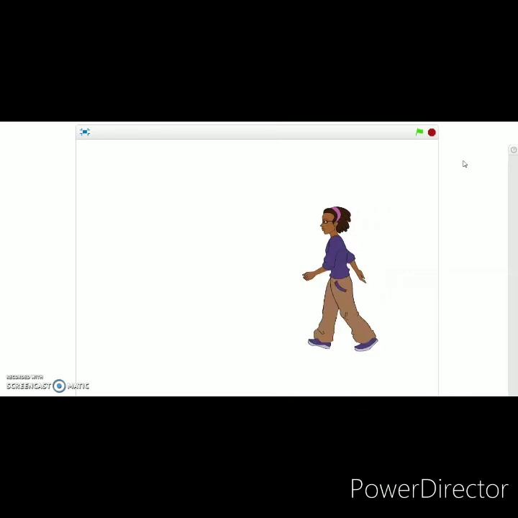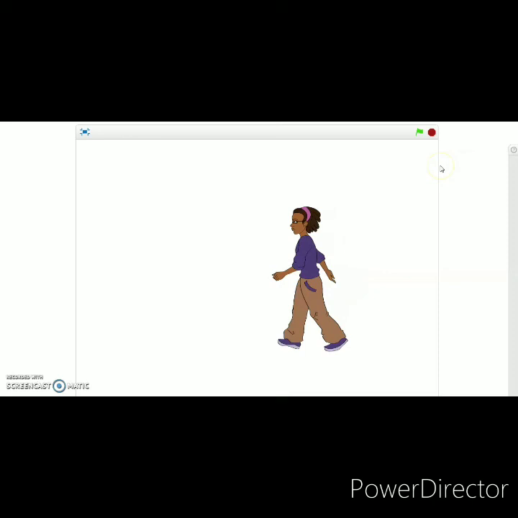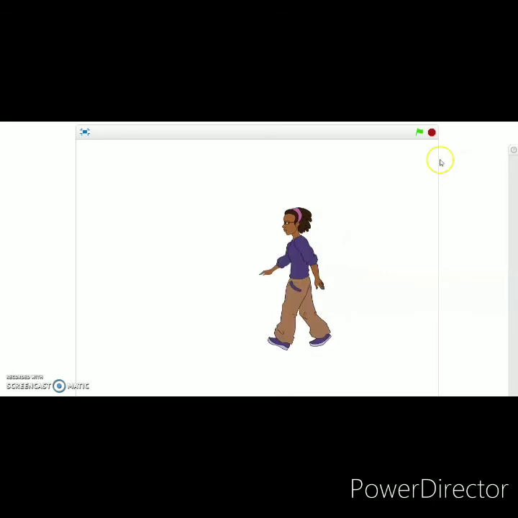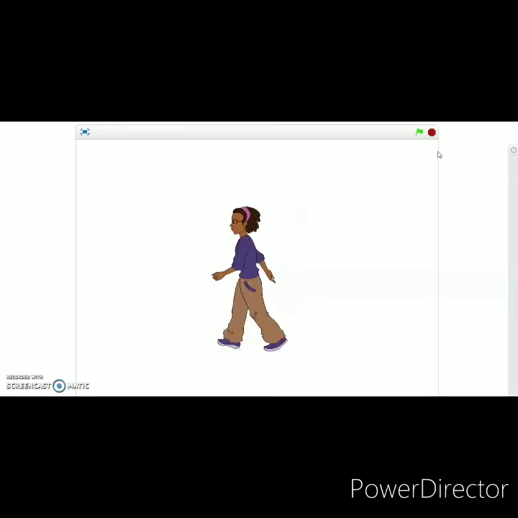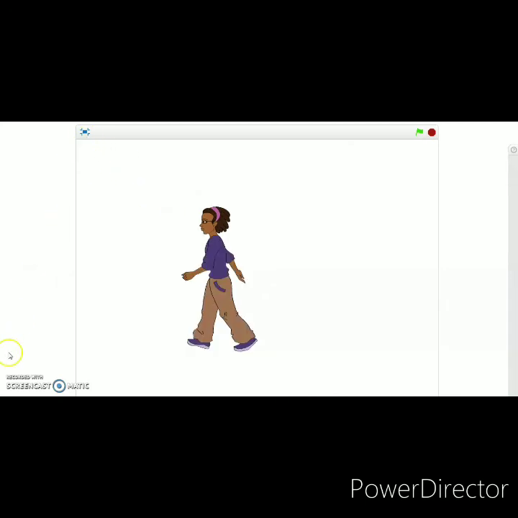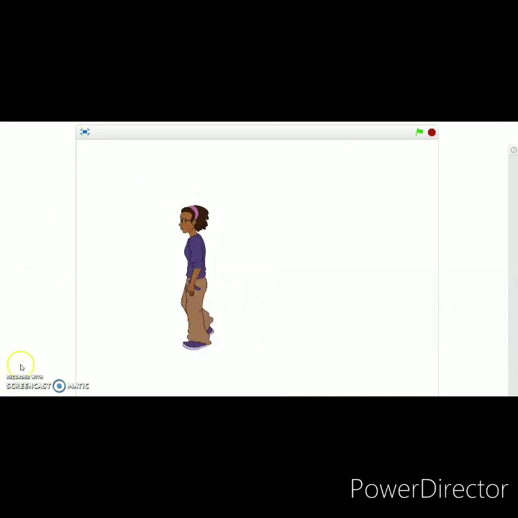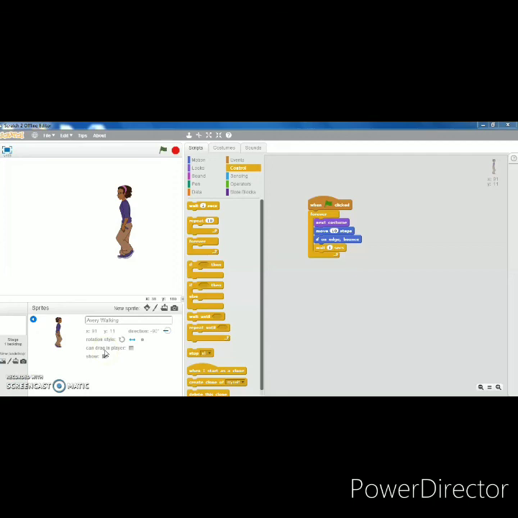Now she turns back. This is the example of a script for walking. I hope now you understand this program.